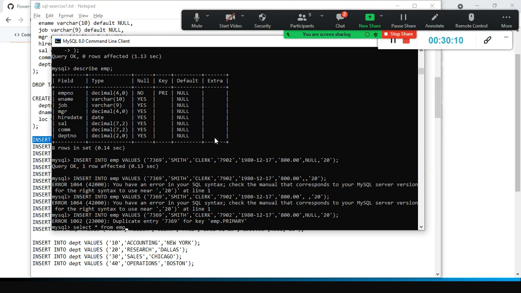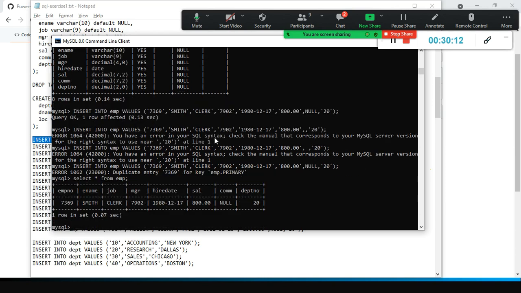Hence, this is called what table? Master table. All of you, please. Okay, in this case, the employee table we cannot say master table. It's kind of a transaction table we can say. Select star from... Okay, we can say employee is a master table. Yeah, employee is a master table.